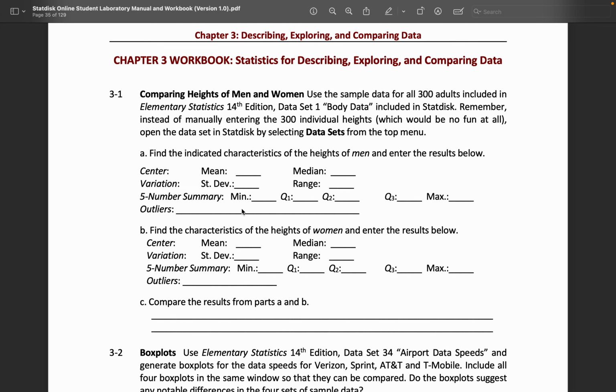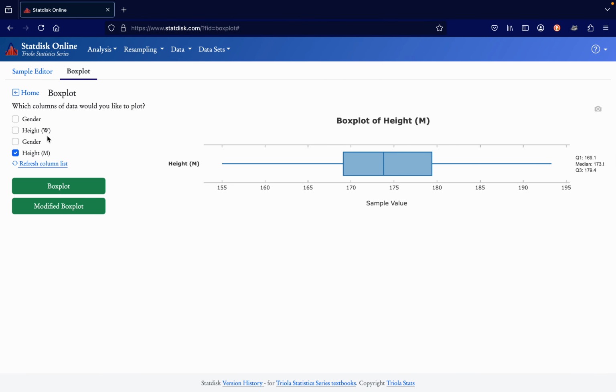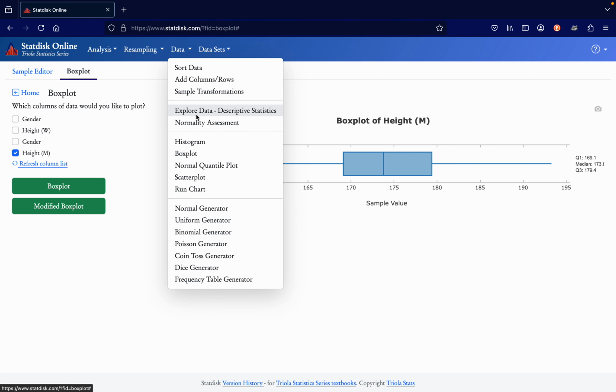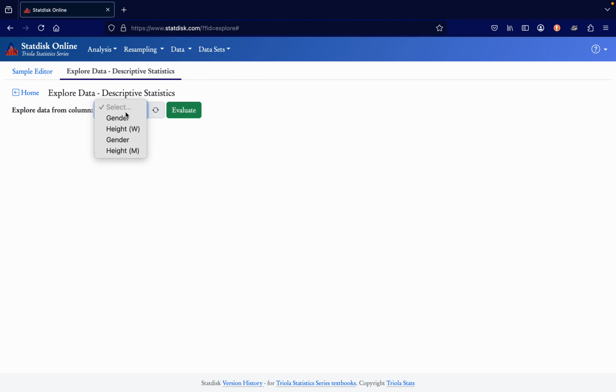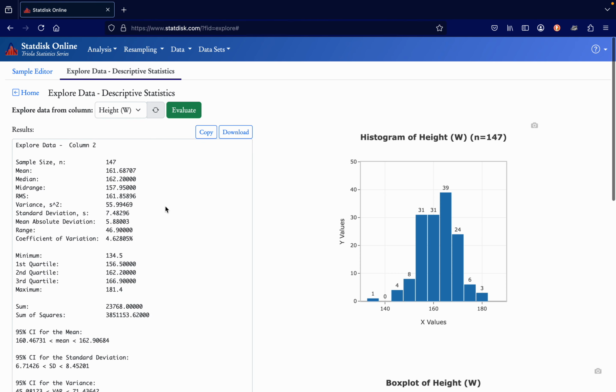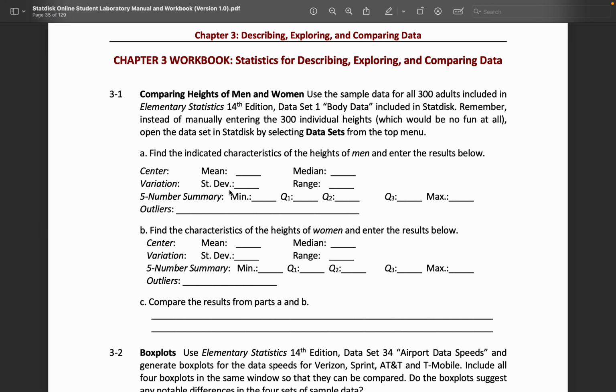So we'll do the same thing for the characteristics of the heights of women. For women, we go to, again, data sets, explore data, descriptive statistics, and then I'll select the second column, and then I'll evaluate. Okay, so now we'll write down, again, what the question is asking, the measures of center and the measures of variation.